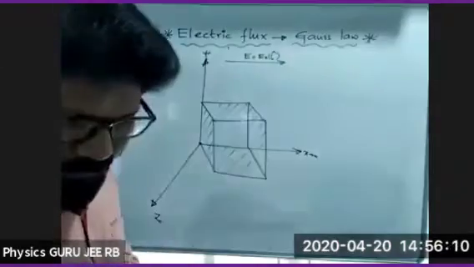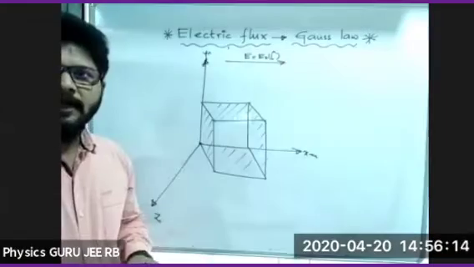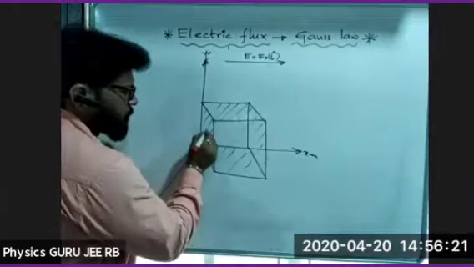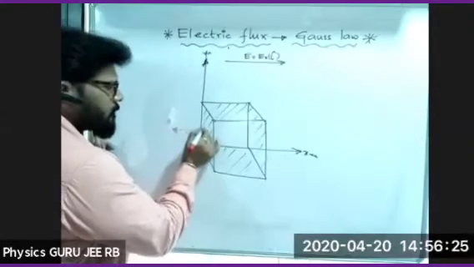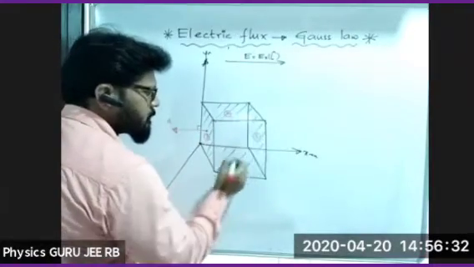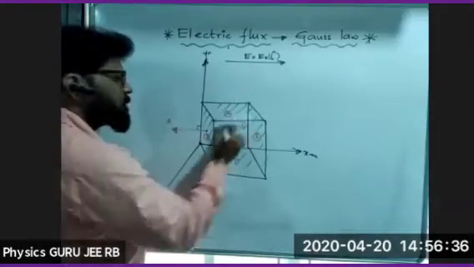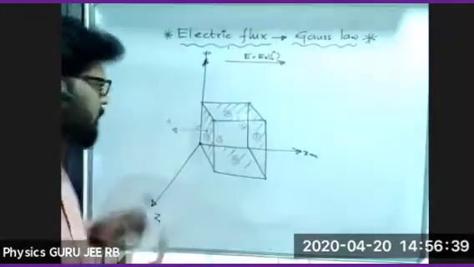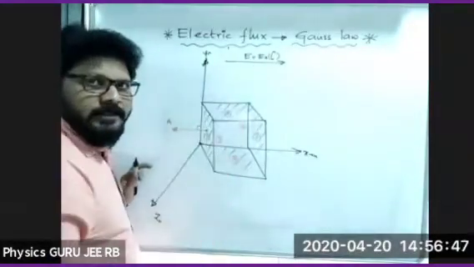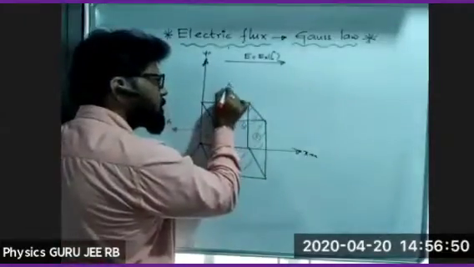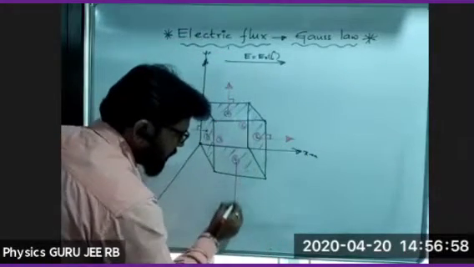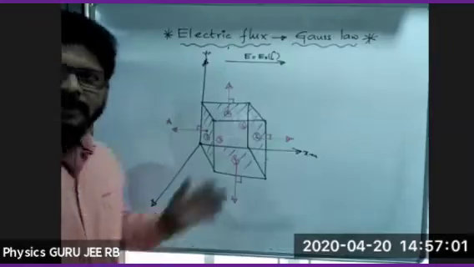Right. Now we'll label it A, B, C, D. A, B, that is first, second, third surfaces. If I take here at this particular point, one surface. This is the direction of area vector, which is making an angle of 90 degrees. First surface, second surface, third surface, fourth surface, fifth surface, sixth surface: front and back, two sides, 6 surfaces. Right. Here, if I go for this one, this is the direction of area vector. First, to find it out, the area vector. The electric field direction is already there. Here, the direction of the area vector is upwards, which is making an angle of 90 degrees. In this direction, this is the direction of 90 degrees. Right, upwards and downwards.